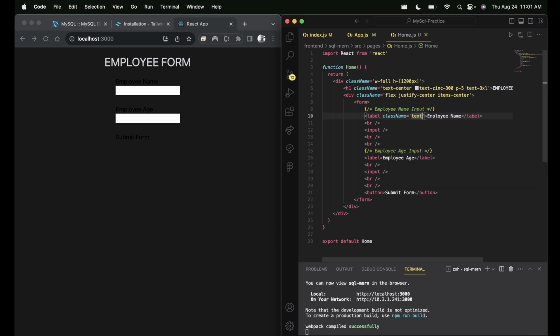And then the only thing we're going to add is just a text white. That way you can actually see it there. And then we're going to do the same thing for this label here, text white. Perfect. And now I should have done this as well, but the next thing that we're going to do is